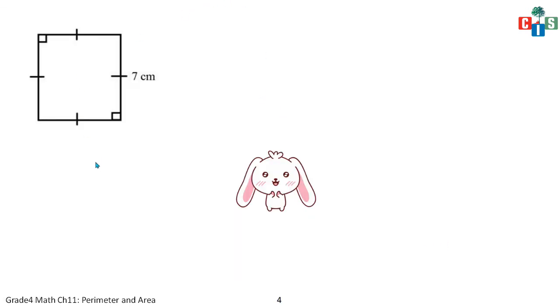Let's have the other example. Now this is a square. How do I come to know? First of all, only one side is given, as 7 centimeter. Now this symbol, can you see these lines? These lines mean all the sides are the same. I have explained this concept in shapes and patterns. So this sign says all sides are the same, so this is a square. Find the perimeter of the square. What's the formula for the perimeter of a square? It's 4 multiplied by s. s is 7, so 4 multiplied by 7 will give me 28 centimeter.